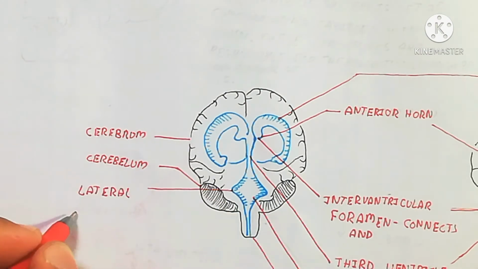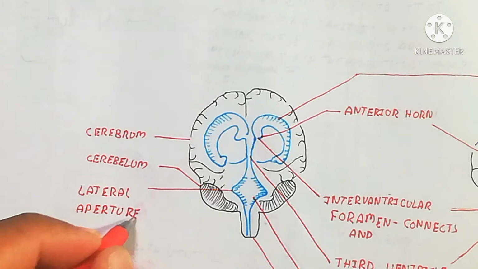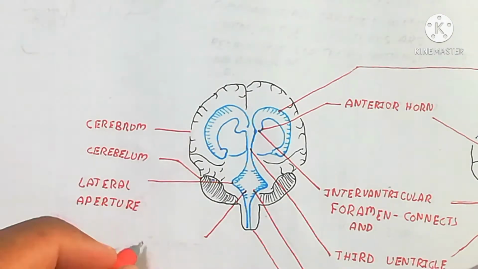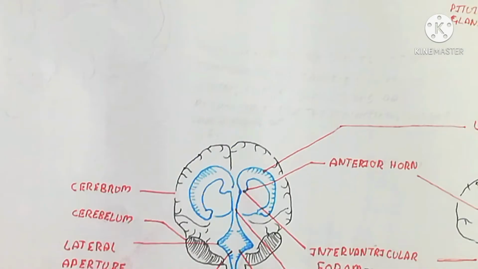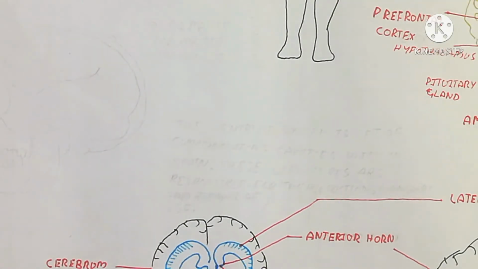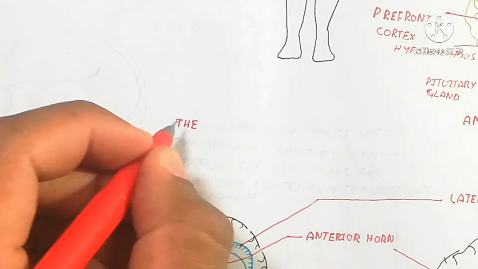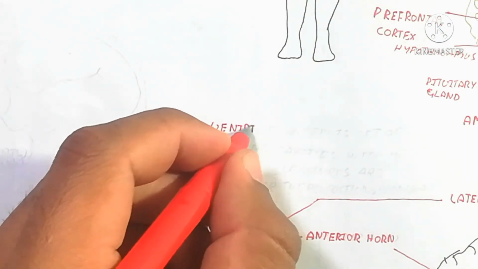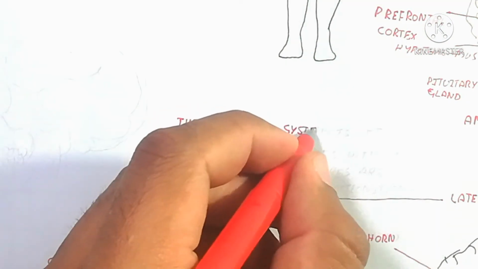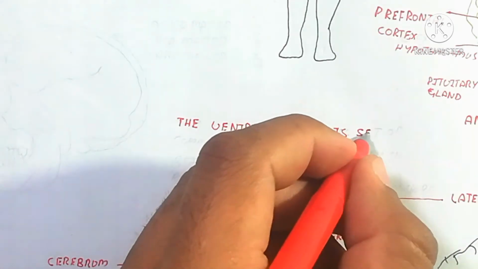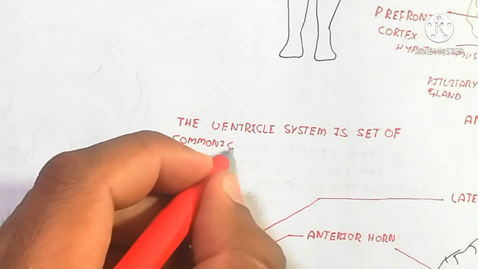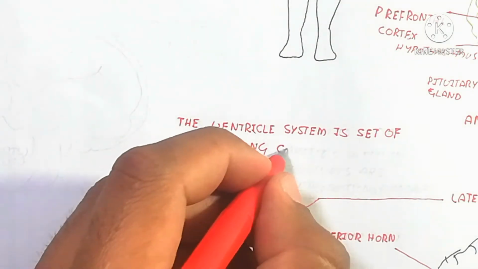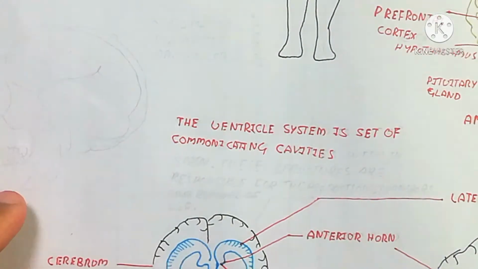And this is the lateral aperture, which is looking near the spinal cord, in the side view, the side cross section of the brain. So here we will discuss the ventricular system, a set of communicating cavities within the brain. This is the inside of the brain, the central part, and these structures are responsible for